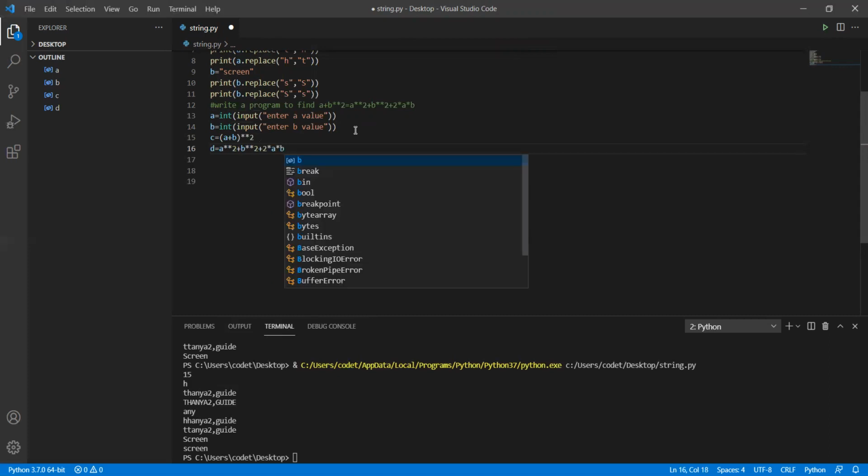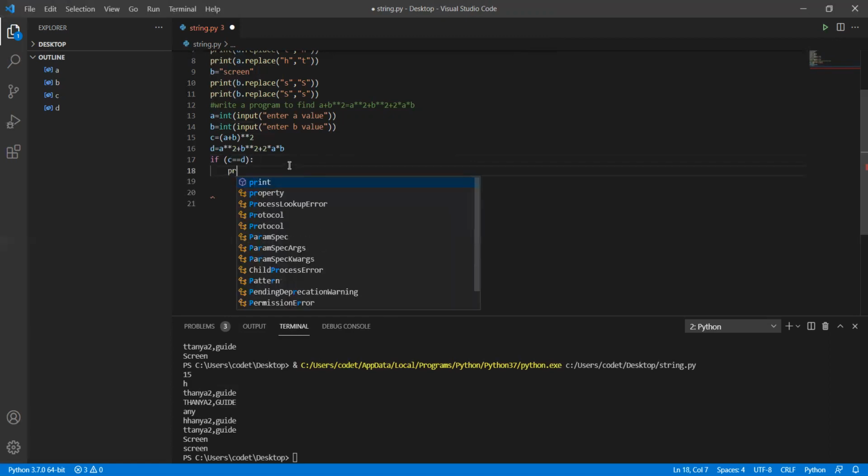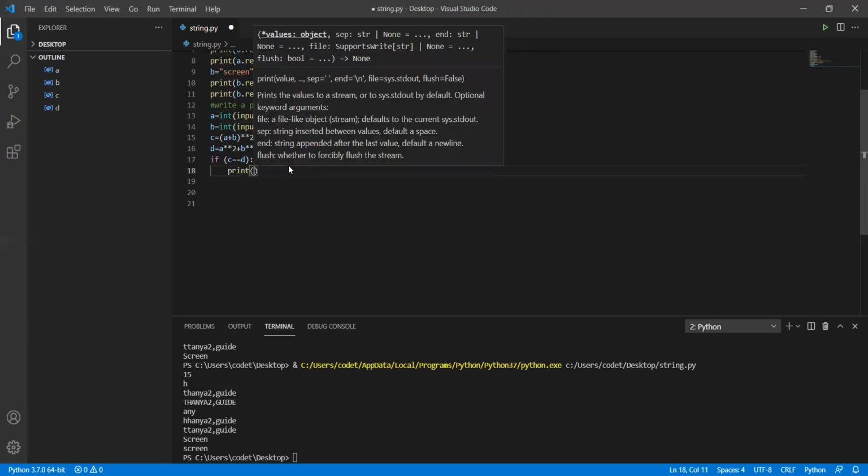Many of you were guessing what condition we should use for comparison: if c equals d. Put a colon; if you don't, you will get an error. Now if c equals d, include the body of the statement inside, which by default takes 4 spaces. Don't forget that, otherwise you will get an indentation error.